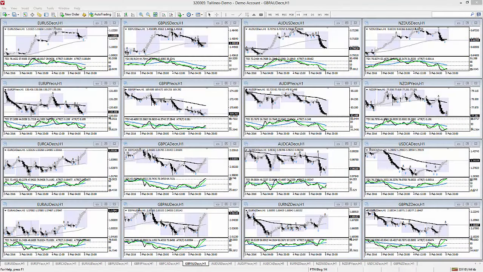Rick here. This is our weekly market analysis for the week ending February 7th, 2016, and a very busy news week, beginning with China's PMI last Sunday. We had rate statements from the Bank of Australia early in the week. We had ECB President Draghi speaking. We had Governor Carney speaking on behalf of the Bank of England. We had United States employment news. And we even had the Bank of Japan's Kuroda speaking, as well as employment news out of New Zealand. So a very busy week.